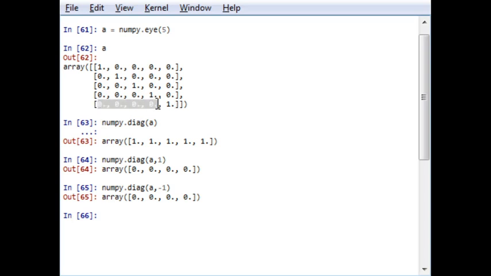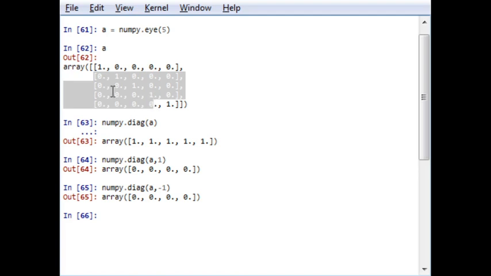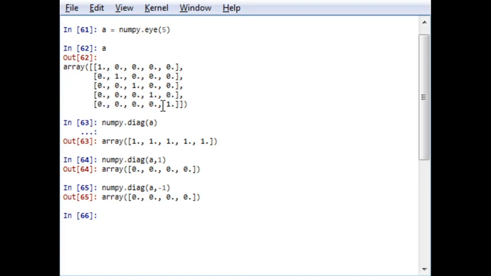So it is taking this particular diagonal 0 0 0, and if you go for -2, then it will take only 3 elements, that is the 3. So in this way, if you want to extract the diagonal values of a matrix, of an array, you can.